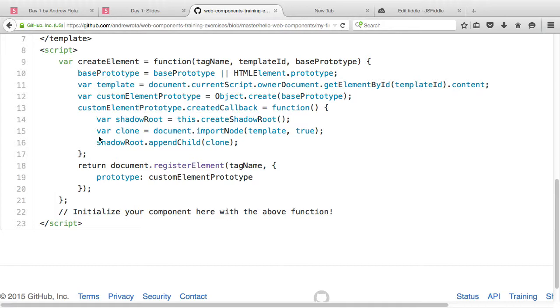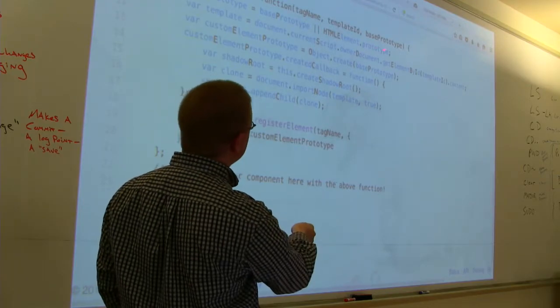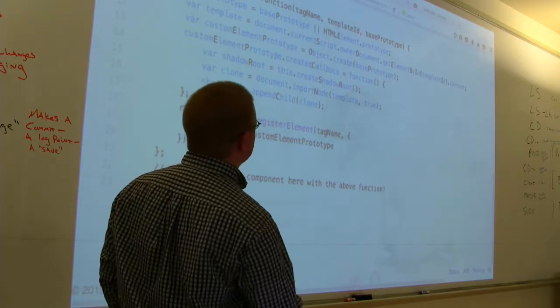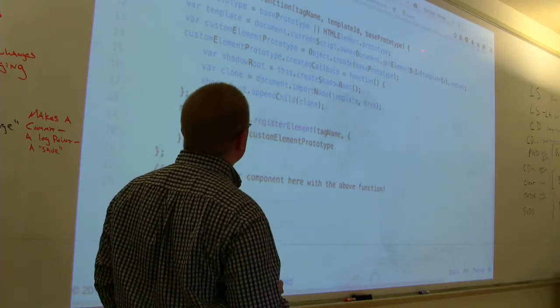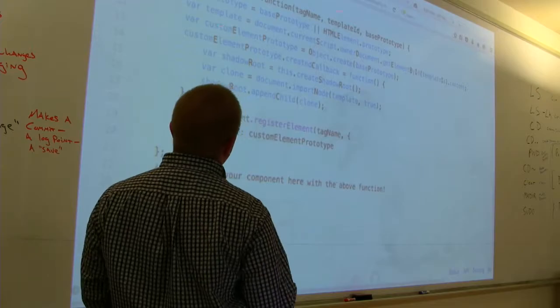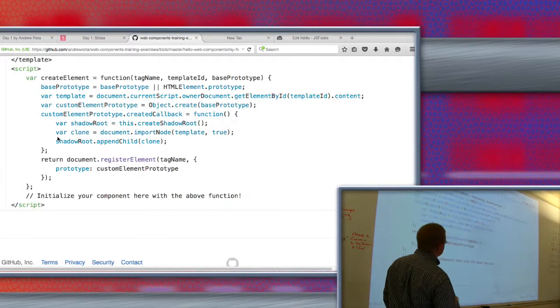So this is what's going to handle all those APIs that I mentioned in the slides, the creating of the element, the registering of the element, the creating of the shadow root. I'll walk through it really quickly. I just created a function called createElement. It's taking 3 arguments, one for a tag name, one for a template ID, and one for the base prototype. I set my base prototype to be either the one that I passed in or HTMLElement.prototype, which is the default. Then I set my template to be,